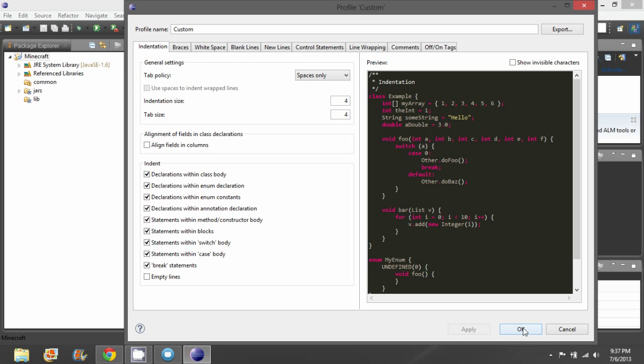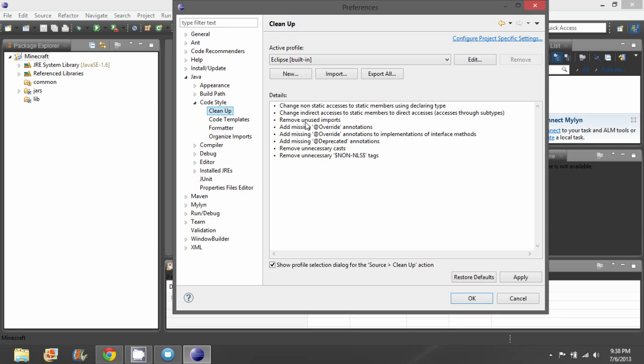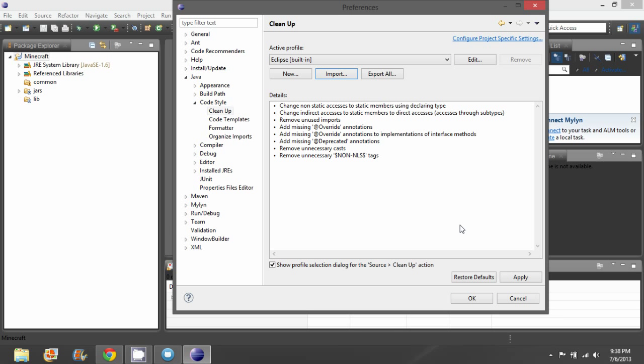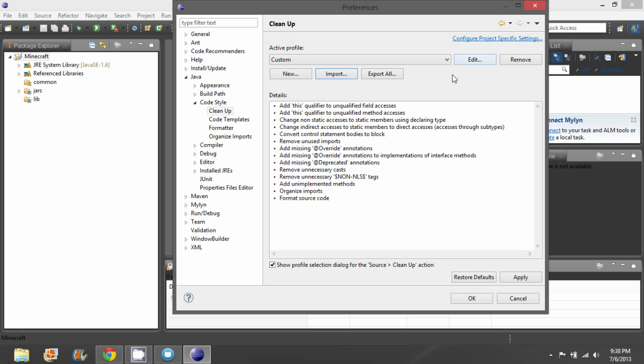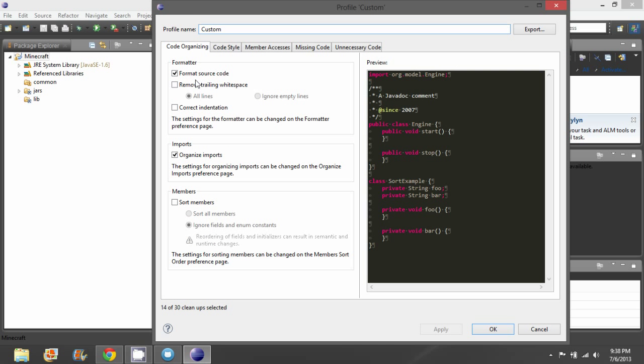And then I'm going to hit OK. And then cleanup as well. So import, import style. Okay. And that is pretty much that change. So edit. I make it so that whenever I do the cleanup, it formats the source code, which automatically corrects the indentation. It organizes the imports.